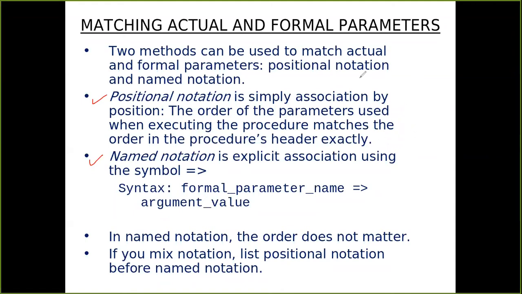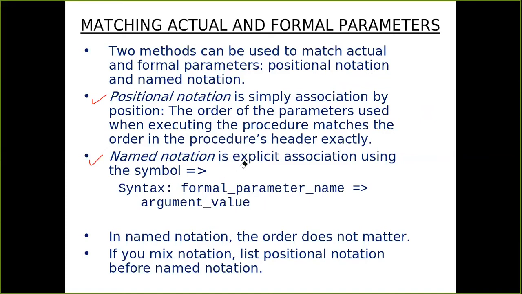Second parameter goes to the second. For example, if I declare a function a having variables x and y, and when I call function a with values 5 and 3, 5 will be passed to the first parameter, 3 will be passed to the second parameter, and so on. So this is called positional notation. Whenever this mapping is done as per the position or as per the order, that is called your positional parameter.